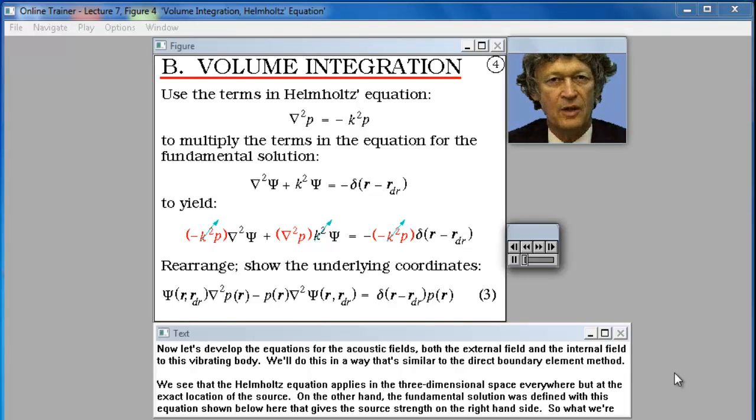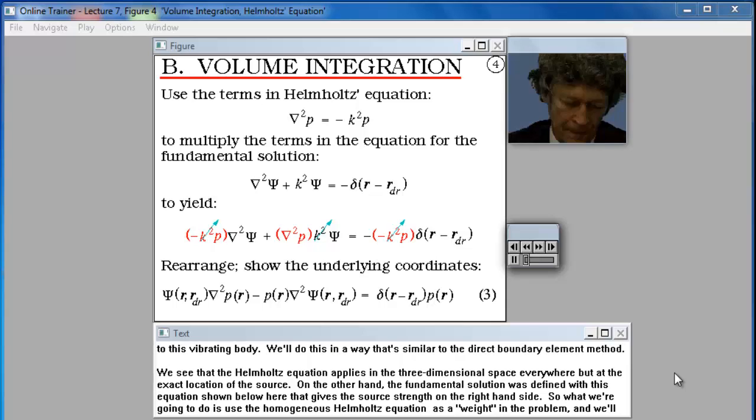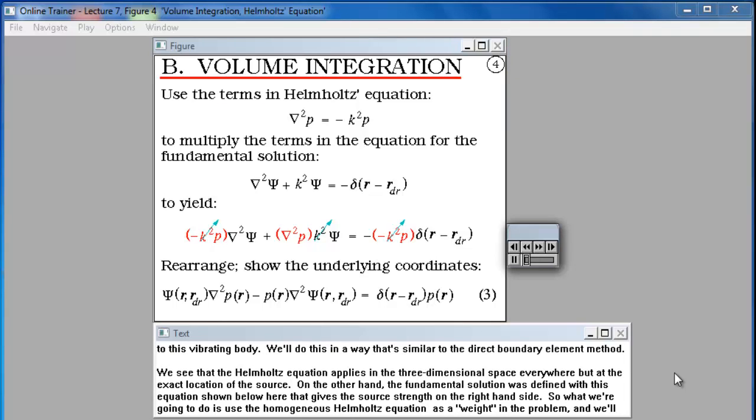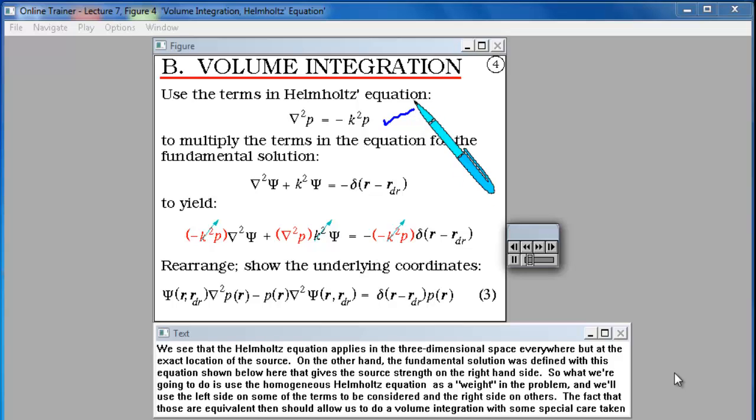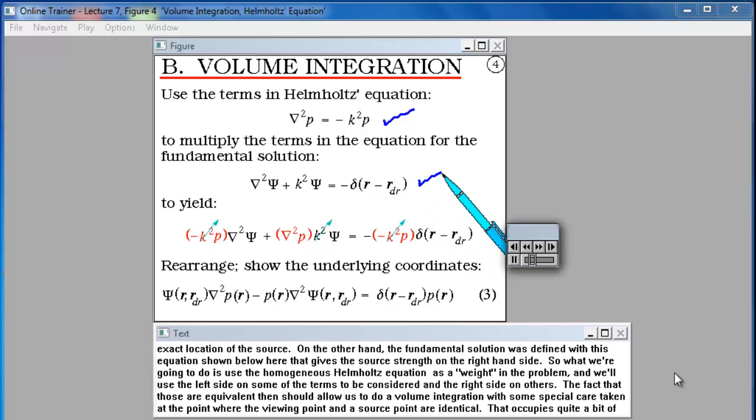Now let's develop the equations for the acoustic fields, both the external field and the internal field to this vibrating body. We'll do this in a way that's similar to the direct boundary element method. We see that the Helmholtz equation applies in the three-dimensional space everywhere but at the exact location of the source. On the other hand, the fundamental solution was defined with this equation shown below here that gives the source strength